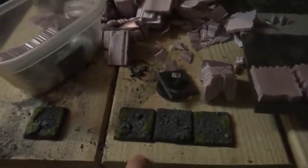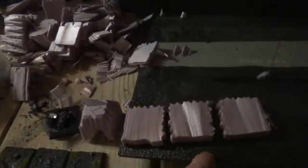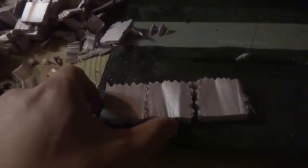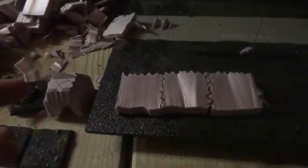So when I cut this out, I traced 3 of these bases together on top of the styrofoam. Then I proceeded to zigzag between the two. If I wanted to go a step further, I could do a little 45-degree angle all the way around on all 4 sides of the base. That would allow for the bases to still be Lego-ized, you could say, but still give a better definition between each 40mm base with that